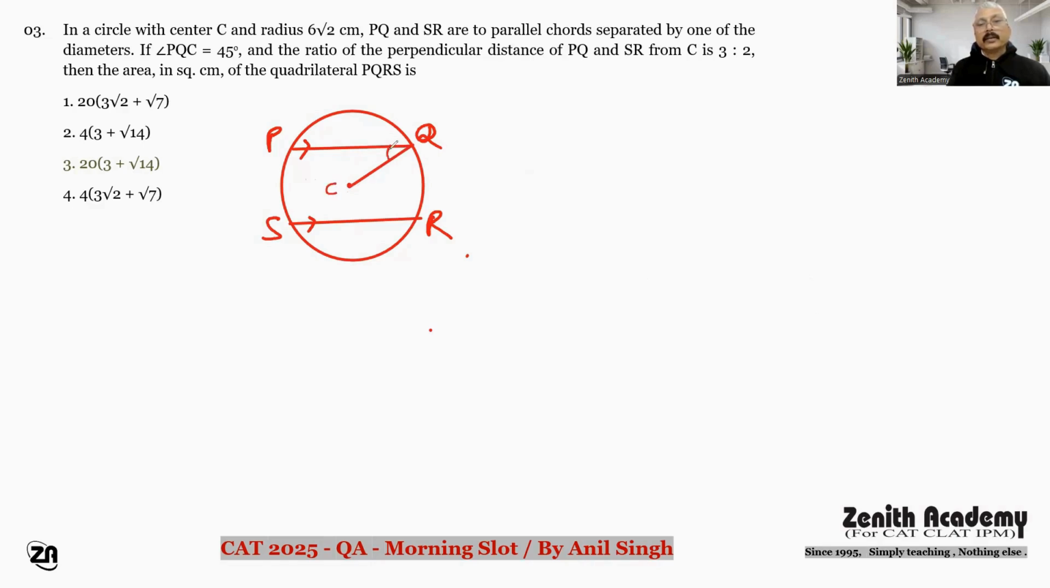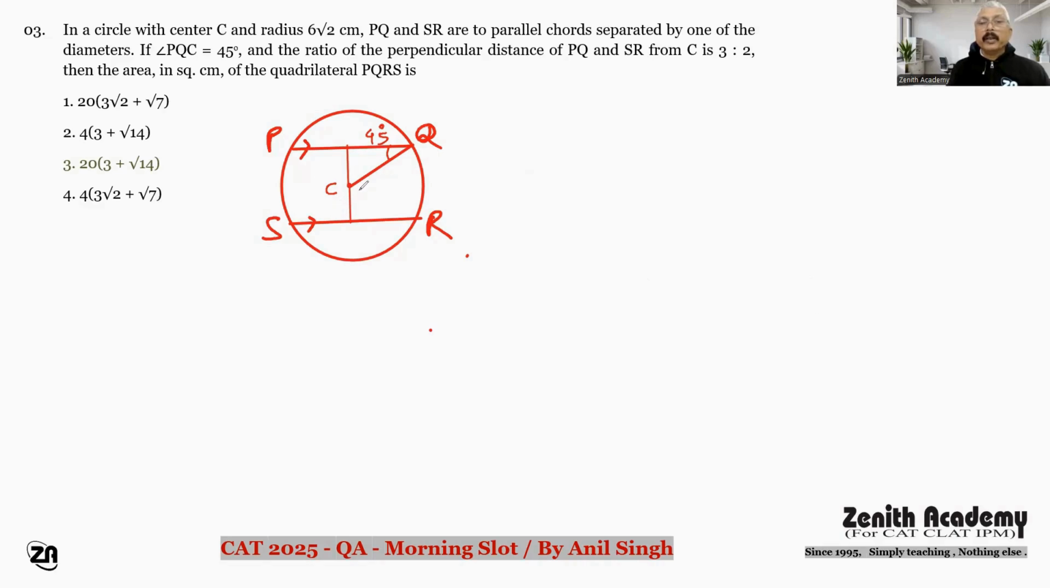And this angle is given 45 degrees. And the ratio of the perpendicular distance of PQ and SR from C. So it means this perpendicular distance, and below here it is, this is a perpendicular distance. So this is given as